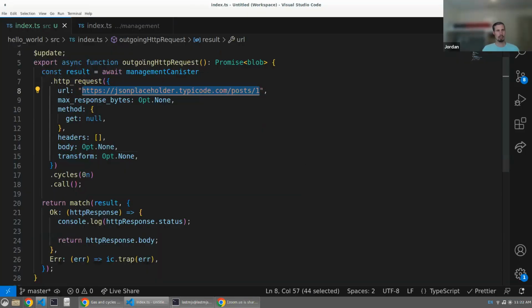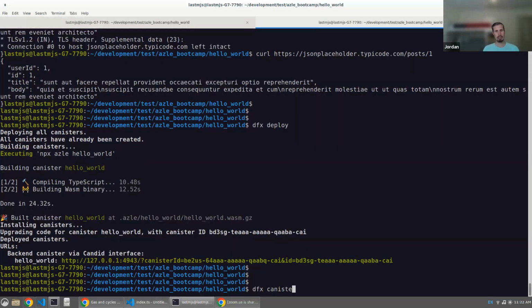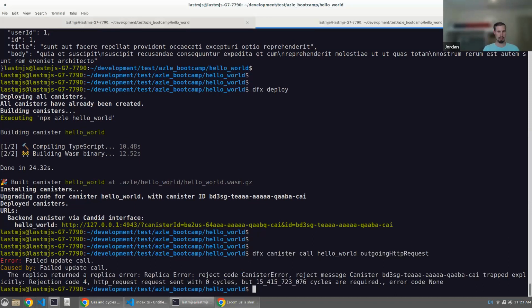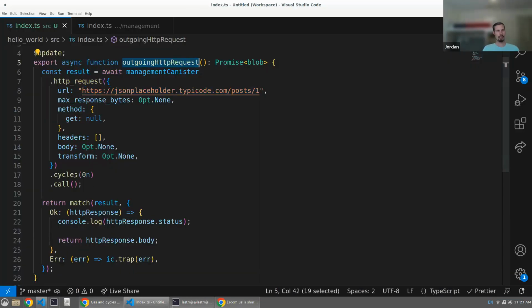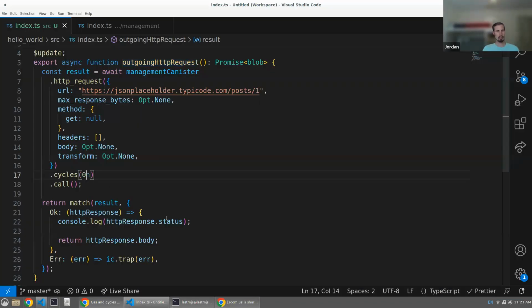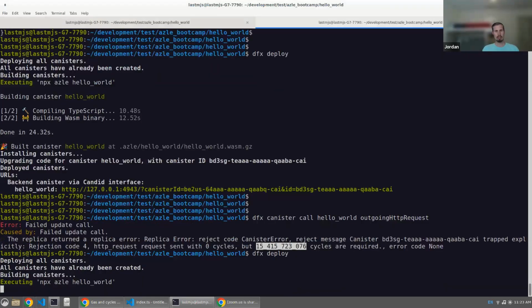Okay, so let's execute this. In the best case, this will actually work. Oh, perfect. No. So this is what I was saying. We sent 0 cycles with the request, right? Right here. I said 0. Well, luckily, it told me exactly how many are required. So I'll just copy that. Throw it in. And in this case, this should work because